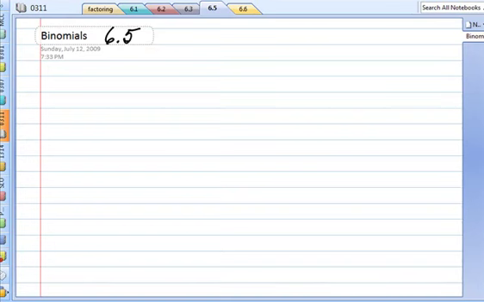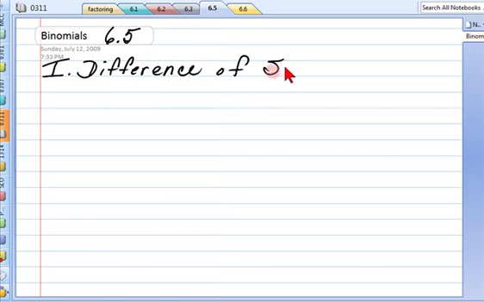All right, section 6.5 continues with the whole concept of factoring, and we are going to be factoring binomials. Now, there are really two different kinds that we're going to look at. There are three branches in the flow chart, but it's really only two different kinds. The first kind that we're going to look at is the difference of squares. And just like I usually do when we start something with factoring, I review the multiplication that leads